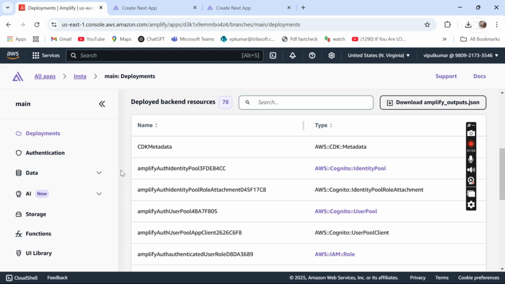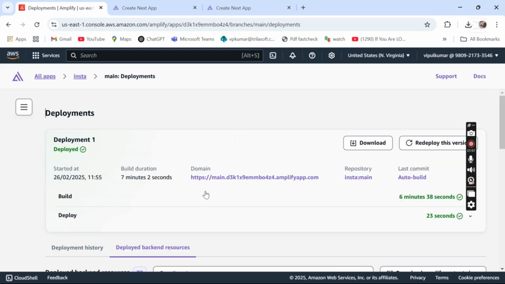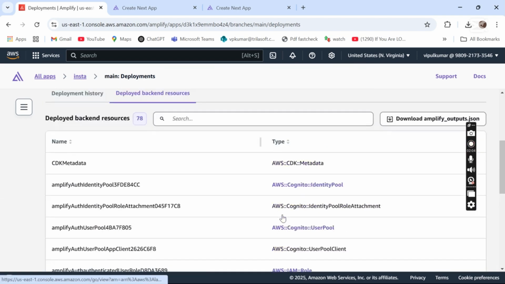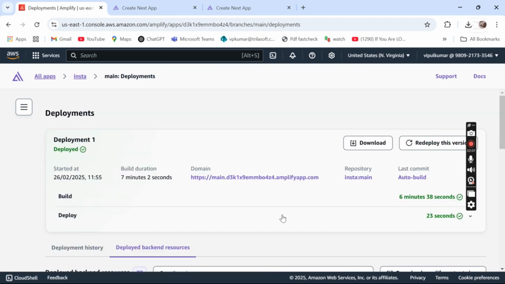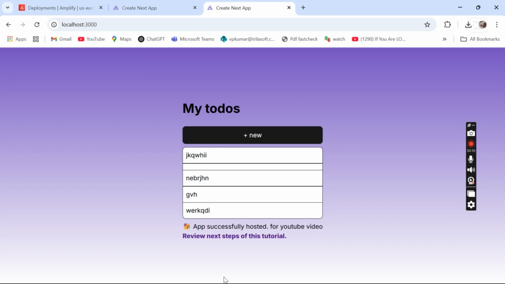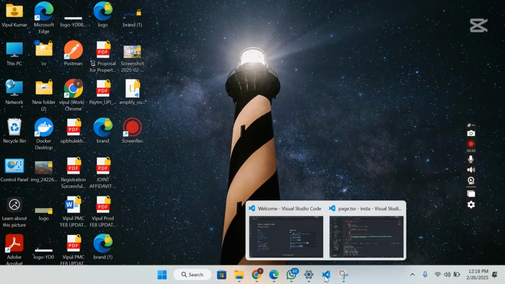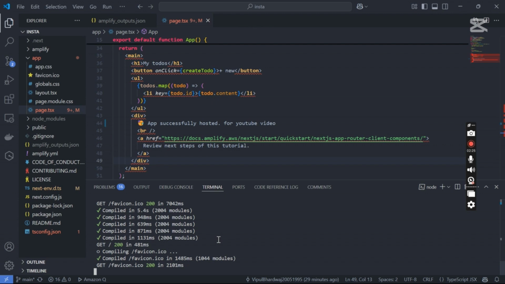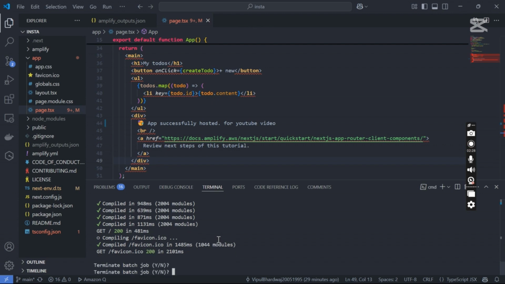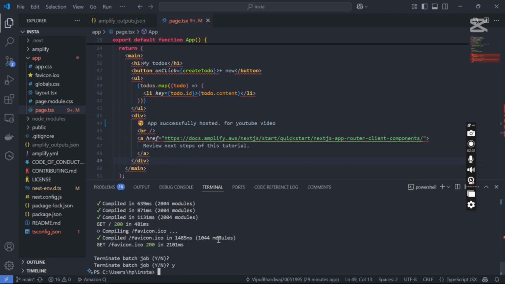So now you can check here also, there is only one deployment available. For the database, it will use DynamoDB. So now you simply go to our machine, our IDE, and simply push this code, and you can check your code will be automatically deployed, because with the AWS Amplify we have a